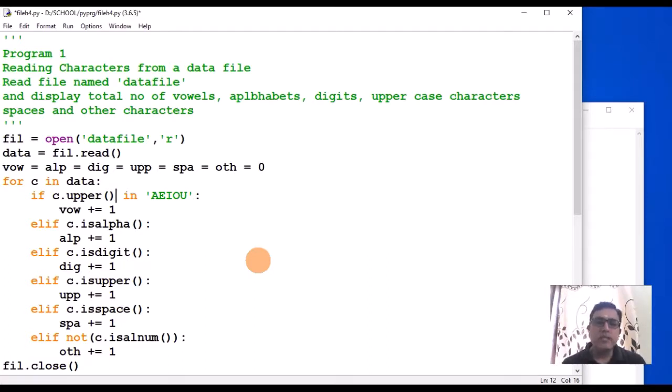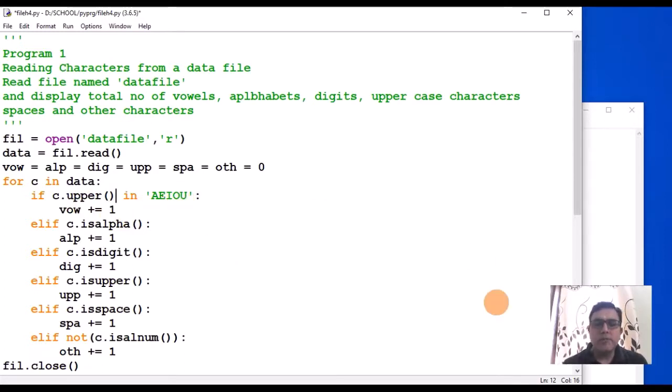Searching for vowels is not case sensitive. So whatever character I have read, I have converted into uppercase, and then I am checking whether it is uppercase A, E, I, O, U or not.